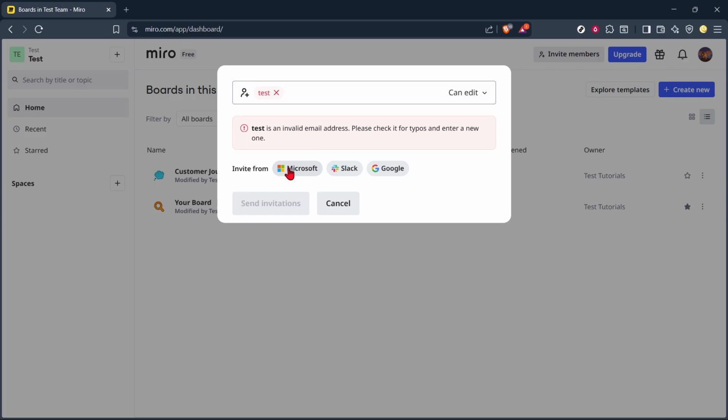If you prefer pulling contacts from tools you already use, click Invite From. Then choose Microsoft, Slack, or Google. This lets you tap into your existing contact lists and collaboration tools so you don't have to copy and paste addresses. You may be prompted to connect your account if you haven't already, and once connected, it streamlines sending to